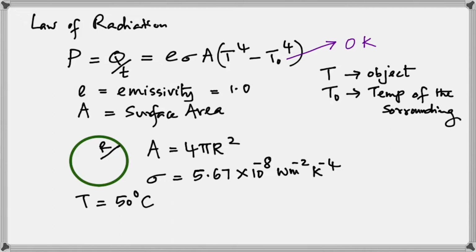To make matters easier, let's say the radius is given as 0.1 meter. So that will give you 4 pi times 0.1 squared, which is going to be,